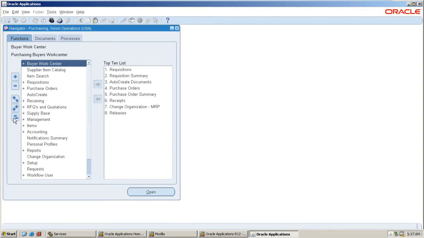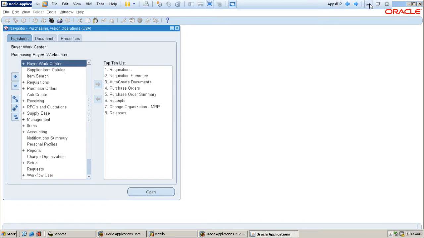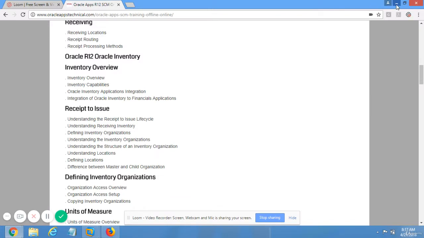Basically, in the inventory module there are 4 types of item attributes. What are the 4 types? The first one is lot control. The second is serial control. The third is revision control. And the fourth is locator control.